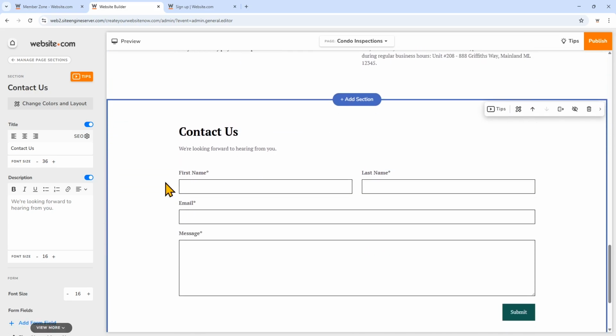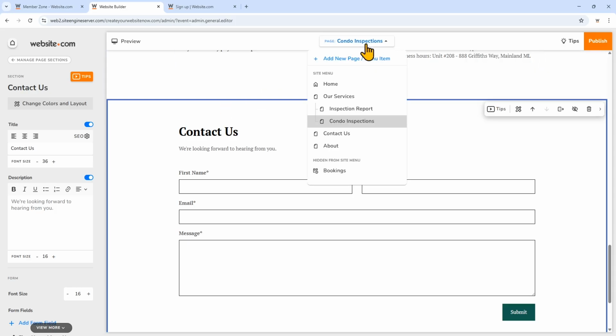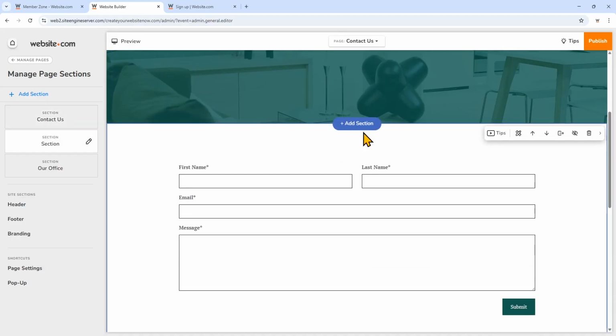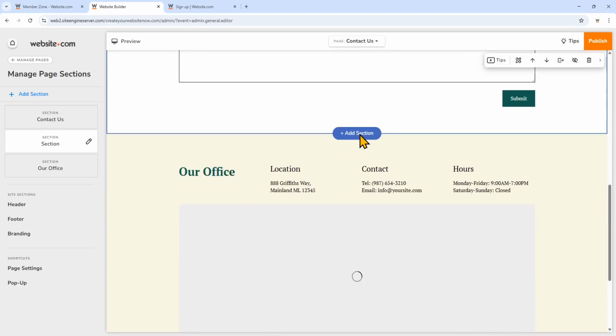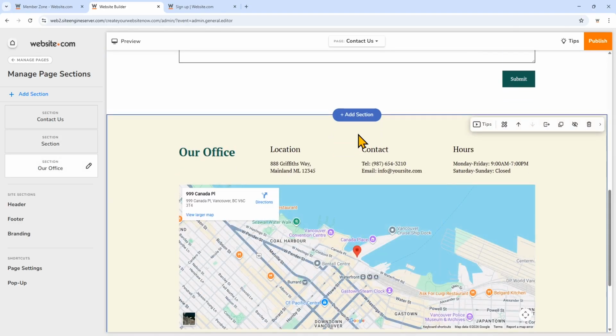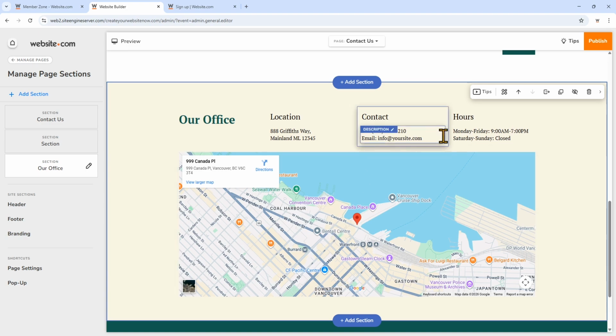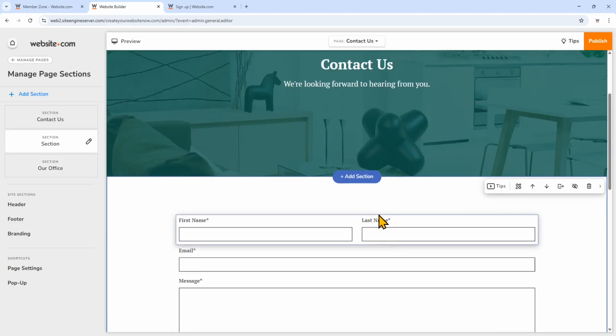Now you can go ahead and repeat this process for the other service-specific pages that you've created, but I'll move ahead and take a look at the contact page that came with the template. So I like how this contact page has a welcome section on top. There's a contact form so that visitors can reach me, and an address and map section at the bottom, which is so important for a few reasons. First, the map clearly conveys the location that you service, and second, your phone number and your email are clearly displayed here.